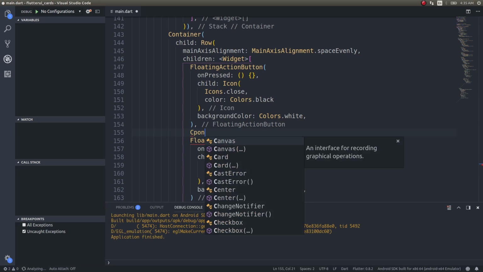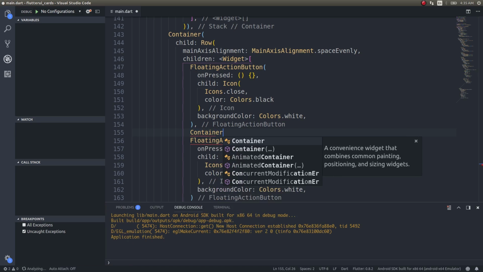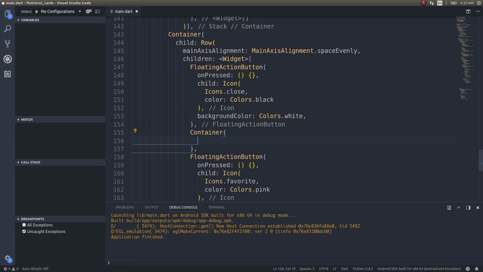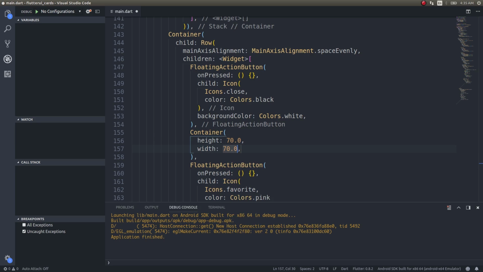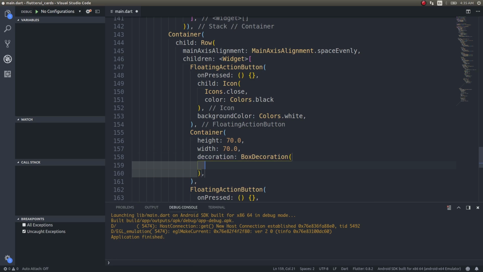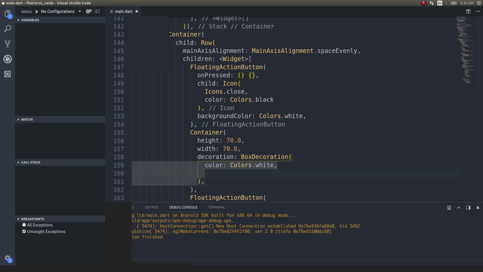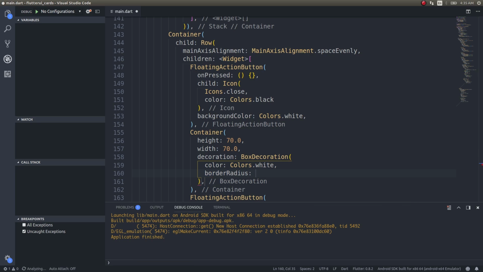So I'll just do a container, height 70.0, width 70.0, and decoration, box decoration, colors dot white, and border radius, to make it a complete round. I always recommend a border radius of half the size of height and width, so that it's completely circular. Border dot all,